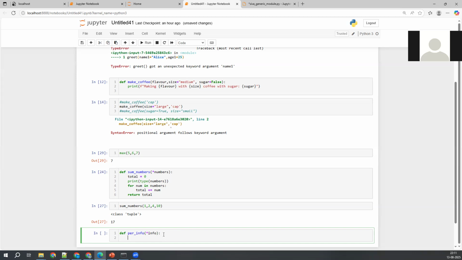Now what I wanted to do is print, let's say, you can take name, age, and city. Can we take only those three parameters? Okay. So f double quotes, hello. What I'll do is info of,